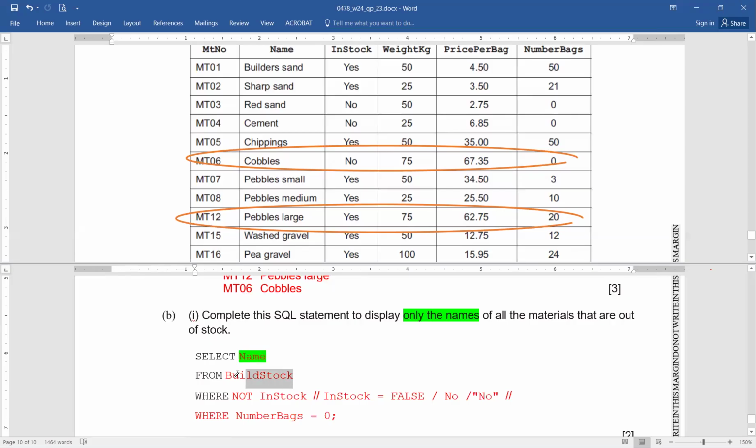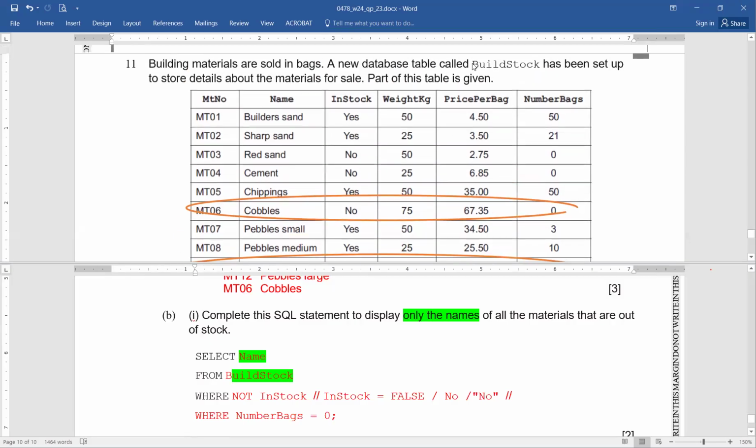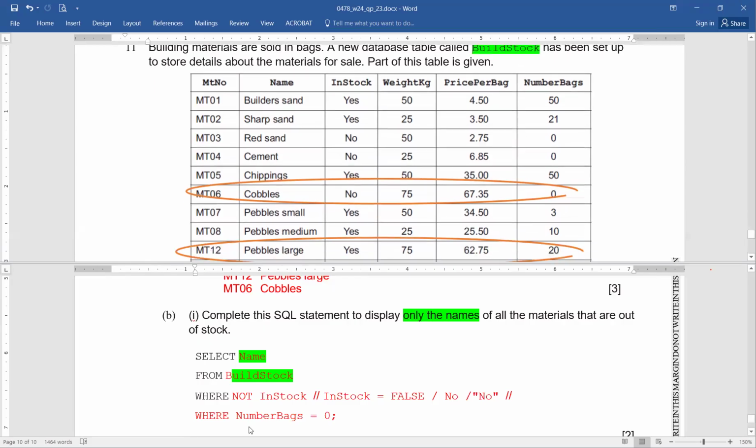And the table name is bill stock as was written in the beginning. As you can see, bill stock was the name of the table that is mentioned here. This was the table name. So you have taken the table name again from the question. Okay. From bill stock, the table name. And